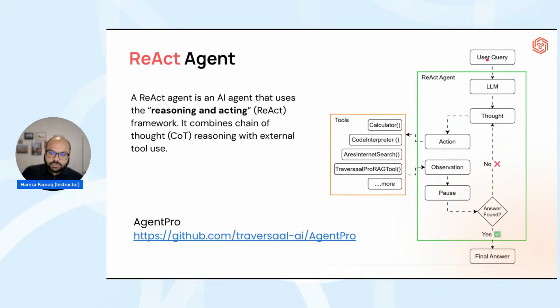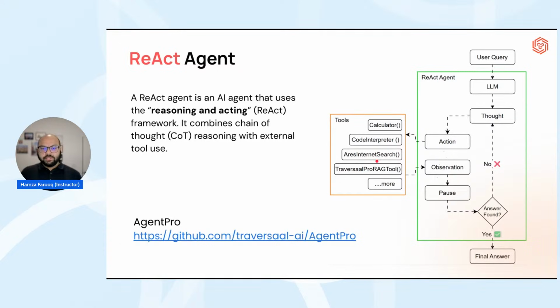When you get a user question, you go to the LLM. The LLM will think, okay, based on whatever the user asks, I have to come up with a series of actions. The LLM will take a series of actions by knowing the various tools that we have exposed to it. So it knows that I have access to a variety of tools, and I'm going to use the tools which are available to me to build something over here.